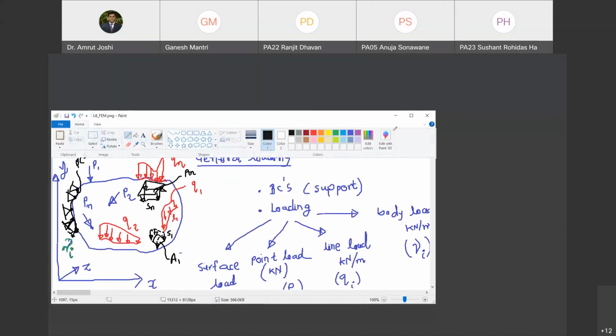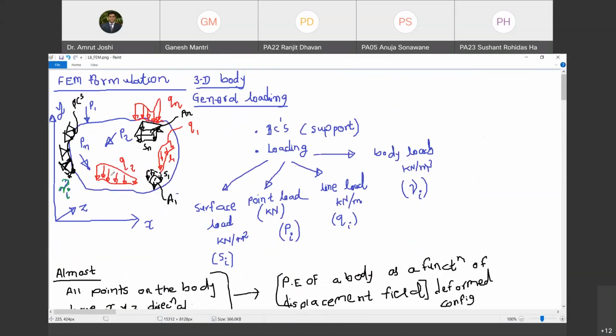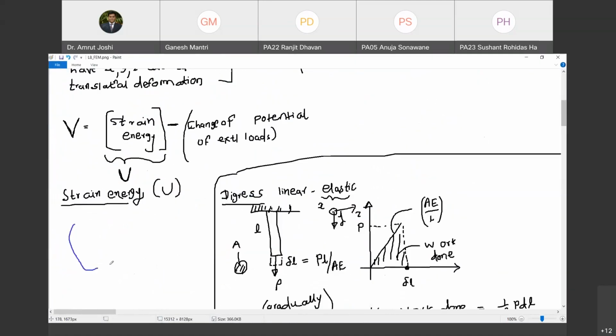To write down the strain energy, I have to consider this body that you see, and on this body I am going to construct an infinitesimally small cube. This cube is located at x coordinate of x. Let me denote it by point r. Then what are the coordinates of r? R corresponds to x, comma y, comma z.